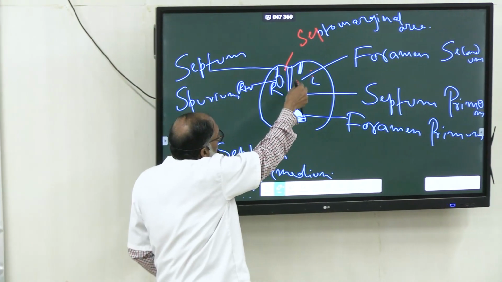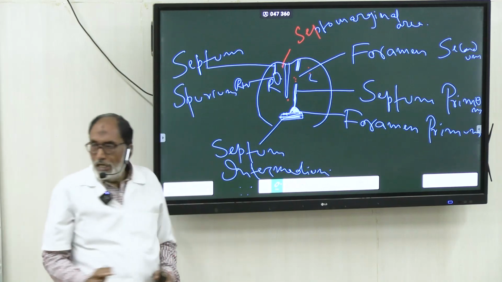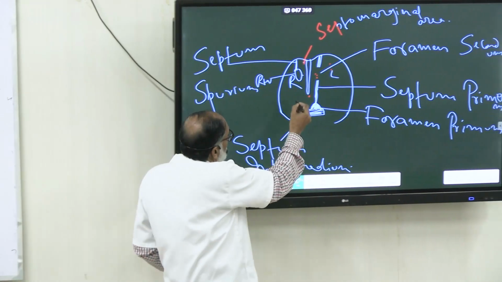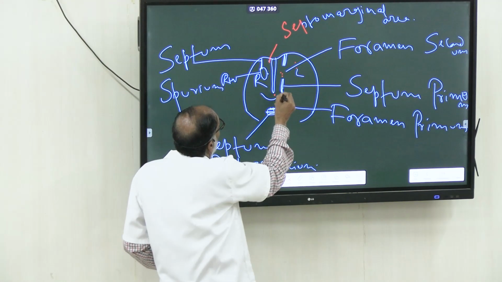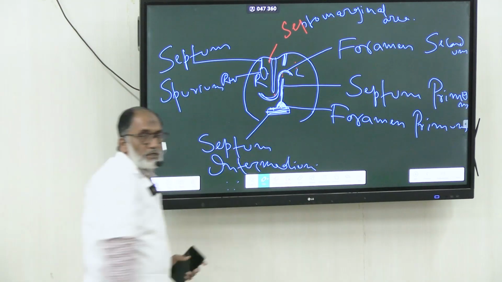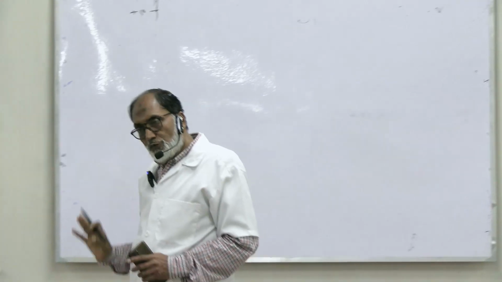So it has to develop much below the foramen. Now you see here also a foramen exists. That foramen, a valvular foramen, is still existing. That is called the foramen ovale. What is the foramen ovale? Foramen ovale is a